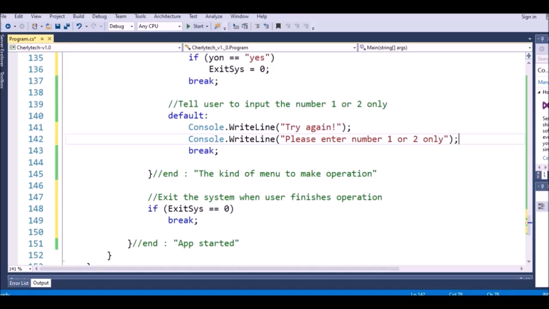And after that, I just need to enter a new line, so I use this one. Okay,